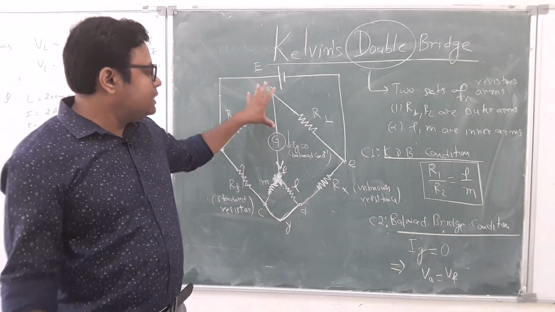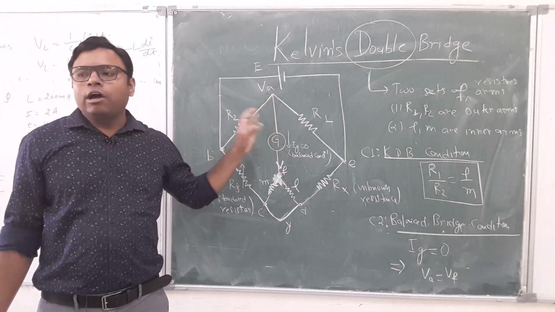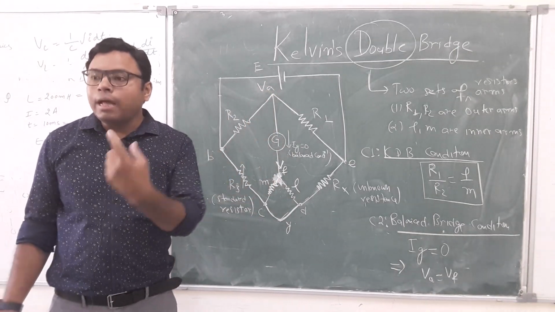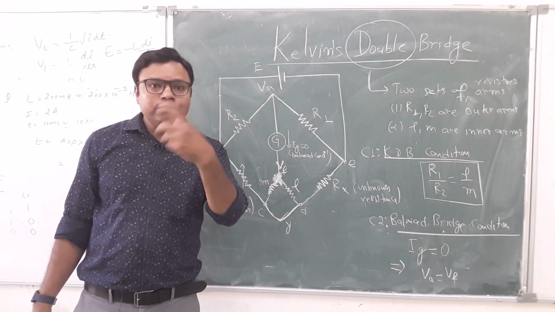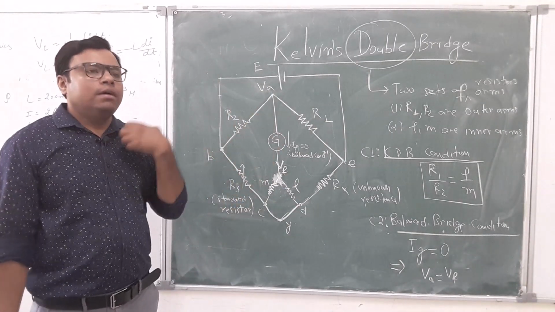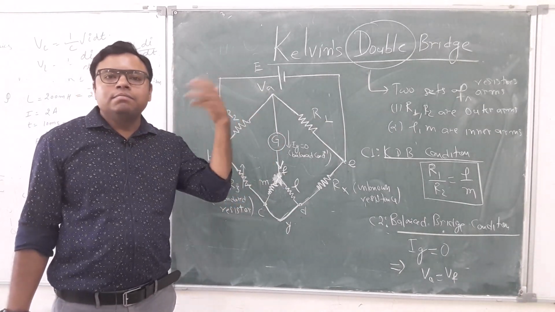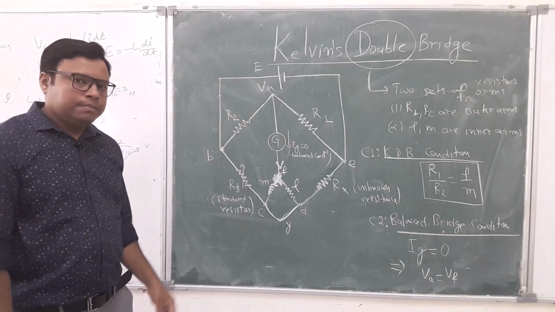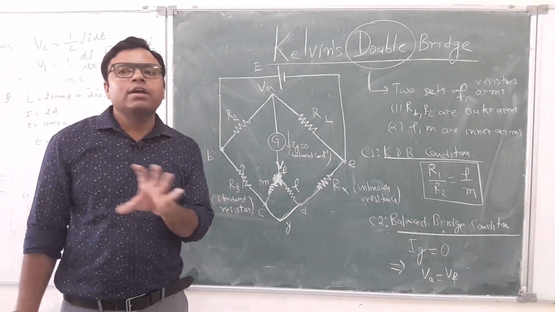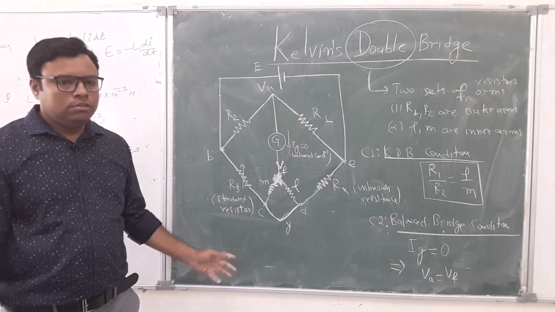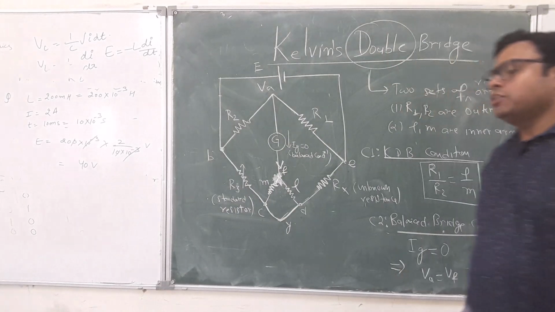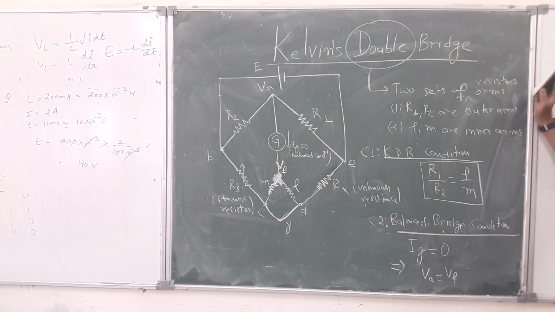Now, because this is a balanced condition, the galvanometer has no current flowing through it, so we can take it out for the purpose of circuit solving. Not for the purpose of measurement, okay, eliminate and remove this. It will be there, but in my mind I will remove this galvanometer to make the circuit look easy for calculation purposes. Fine, so note it down. So what you will see in the balance condition.